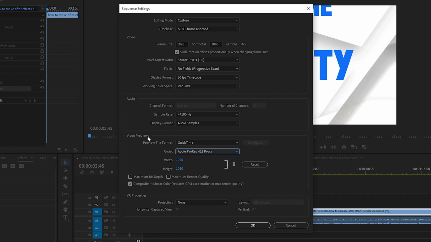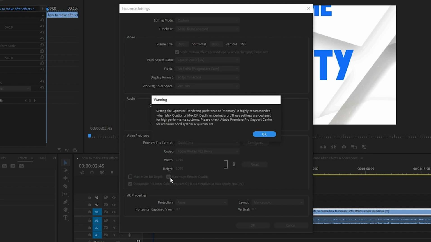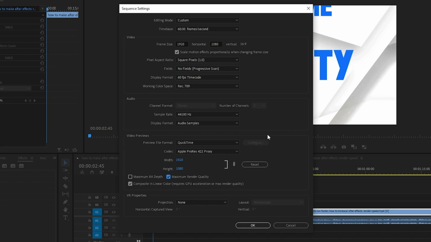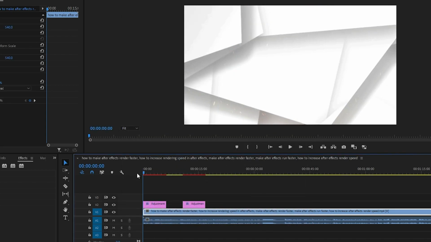Also make sure the last option is selected, which is composite in linear color management, and maximum render quality is also selected. Then click OK, and after that click OK again. Once you are done, if you're editing your projects and you have some spare time, and you can see the red lines here,